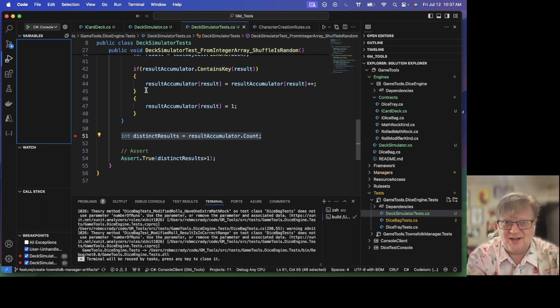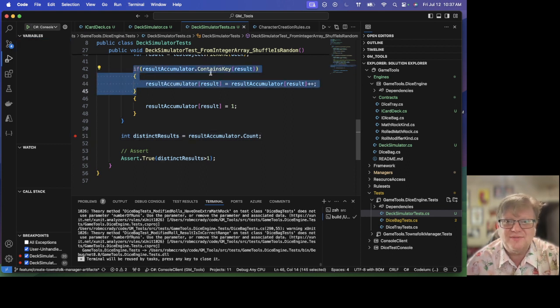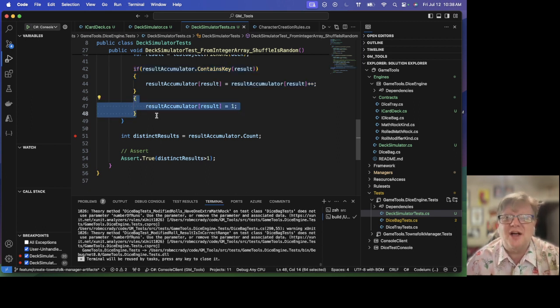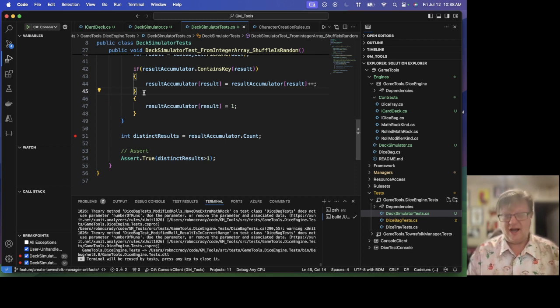Well, it's because I'm doing my test to see if the key already exists. And if it does, I'm incrementing by 1. And then I'm immediately explicitly setting the value of that element in that key in the dictionary to 1